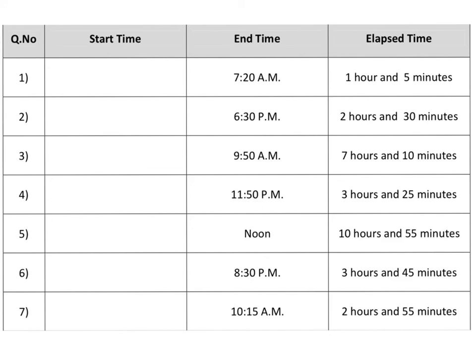Okay, so if I go back 5 minutes, I've got a time of 7:15 a.m. and then go back 1 hour from that, I've got a time of 6:15 a.m. and you can see that these times are not in 24-hour clocks. They've got a.m. or p.m. The next one, 6:30, 2 hours and 30 minutes before that. So if I go back 30 minutes, that will take you to 6 o'clock. Go back 2 hours from that, that will take you to 4